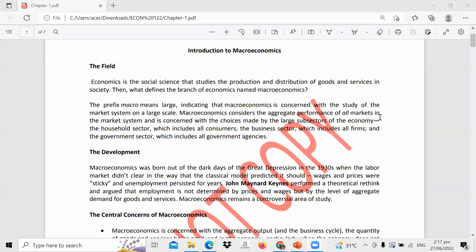Okay, so again, when we say macroeconomics, it means large, indicating that macroeconomics is concerned with the study of the market system on a large scale. In macroeconomics, we will focus on the large subsectors of the economy, which include the household sector, the consumer in general, the business sector, which includes all business firms, and the government sector, which includes all government agencies. So that's the focus of